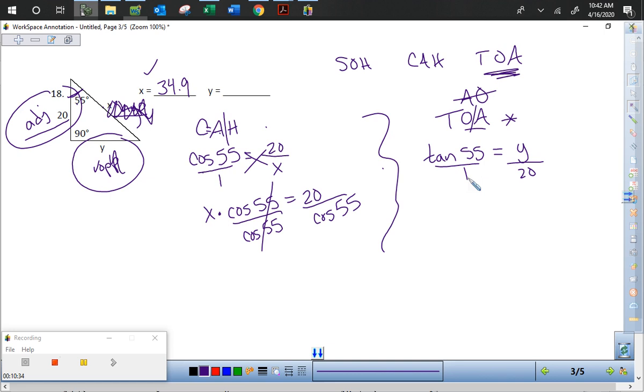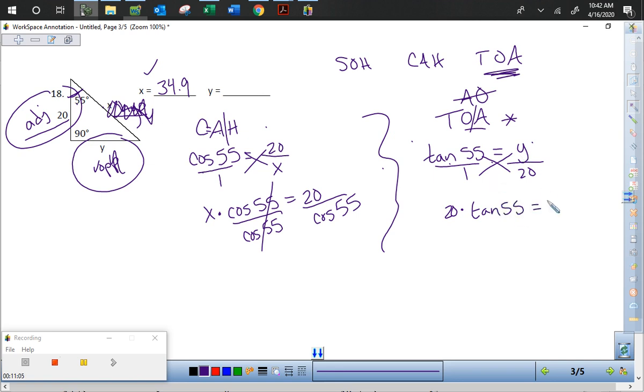Again, sometimes it's easier just to cross multiply, throw that over 1, and then we can do it. I said always put this x first if it comes here. It doesn't matter if you do this side or this side first, but just like on the other one, we want to put the tangent, the sine, the cosine at the end. So if there is a number, put it in front, just like we did over here. We put the x in front, we're going to put the 20 in front. So that's 20 times tangent 55